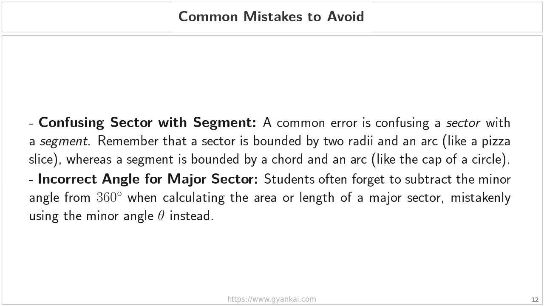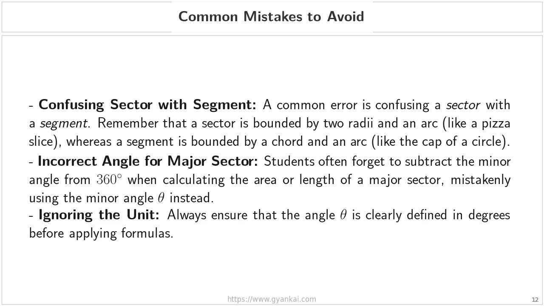Second, watch out for errors when calculating the major sector. A very frequent mistake I see is students forgetting to subtract the minor angle from 360 degrees. When you are working with the larger portion of the circle, you cannot simply use the original theta angle. You must use the complement, which is 360 degrees minus theta. Finally, never ignore your units. It sounds simple, but always ensure that your central angle, theta, is clearly defined in degrees before you begin plugging